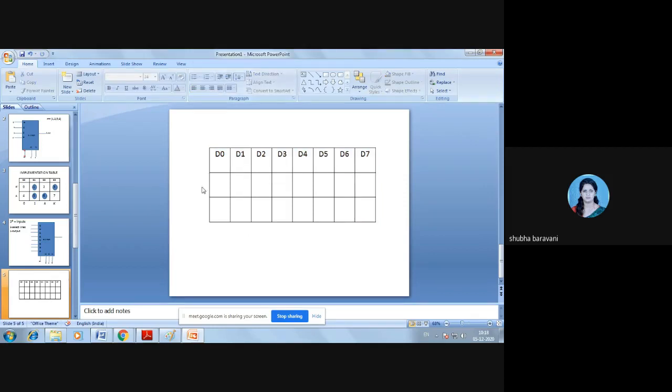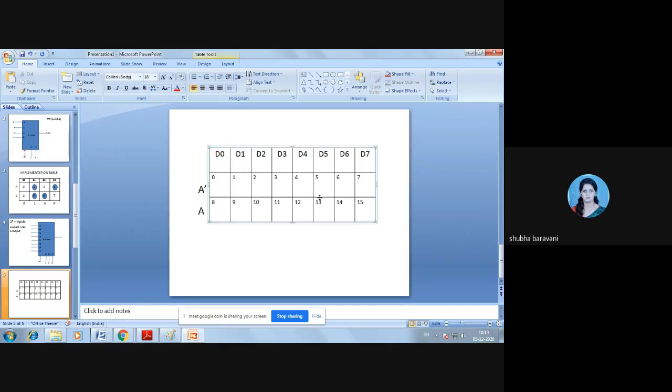Now here one row in complemented form, and the other row in uncomplemented form. Okay, this procedure is understood by everyone, I hope so. 1, 2, 3, 4, 5, 6, 7, 8, 9, 10, 11, 12, 13, 14, 15.